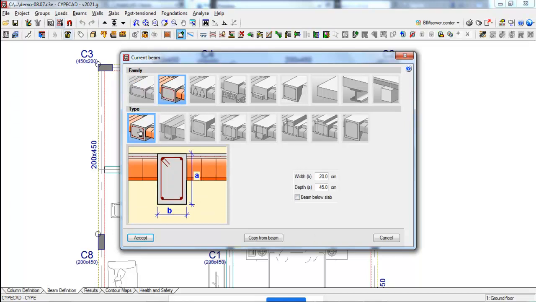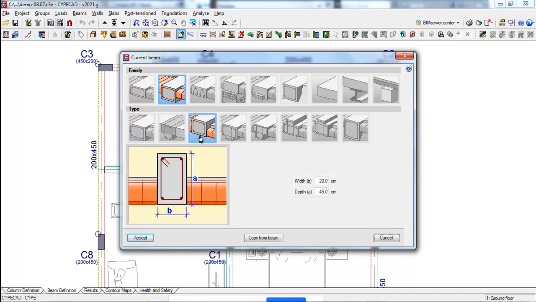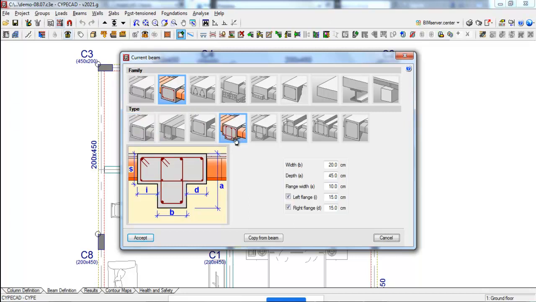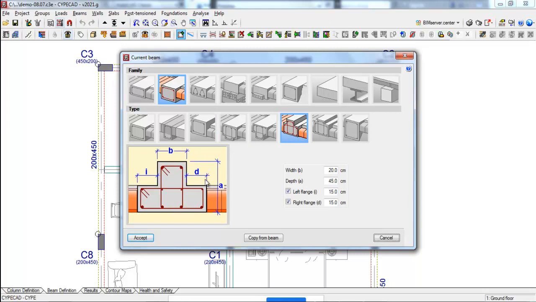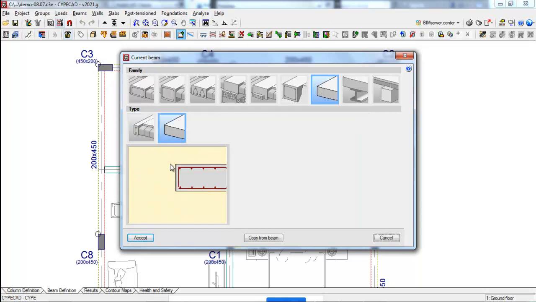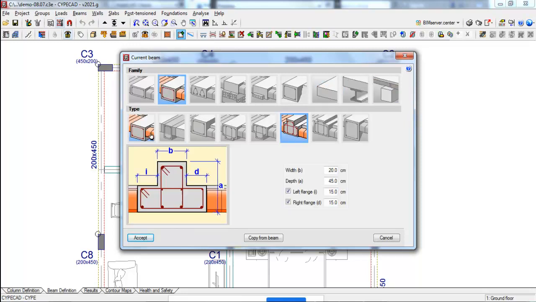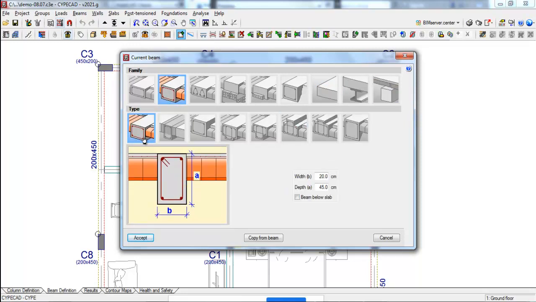Then we have a normal downstanding beam, an inverted beam, a T beam, an inverted T beam, or you can put just a cantilever slab. Similarly we have many other types of beams here. At present I am selecting a normal downstanding beam.